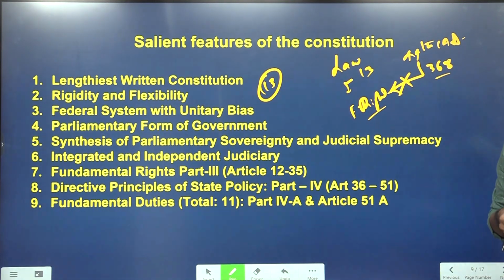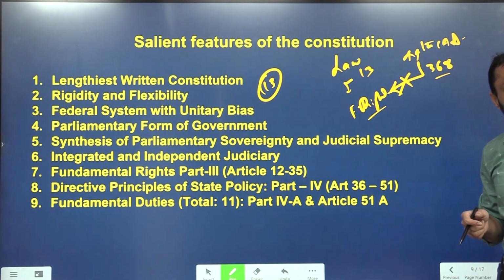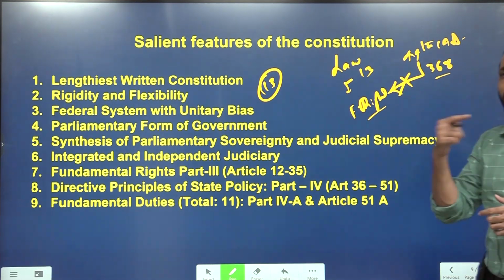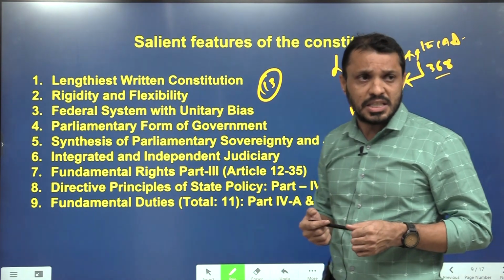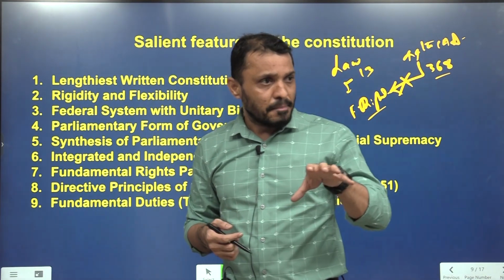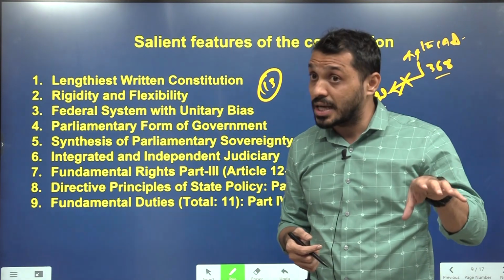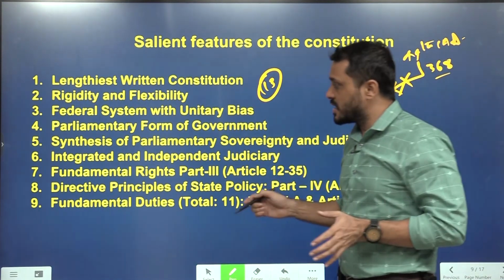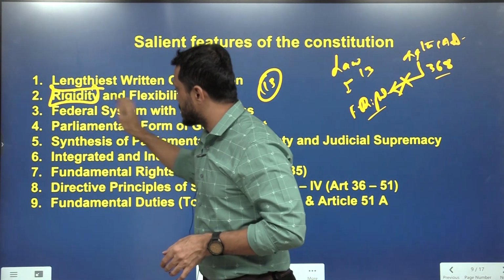Then in the Golaknath case, the Supreme Court gave clarity that Parliament cannot amend the fundamental rights. I will explain in the fundamental rights topic, I am just giving an overview. In the Golaknath case, the Supreme Court also said that Parliament can amend the fundamental rights only by forming a Constituent Assembly. Parliament alone cannot amend them. That was in 1967, which was overcome by the Keshavananda Bharati case. There the Supreme Court clarified that Parliament can amend the fundamental rights as long as it does not affect the basic structure. So there are certain rigid features in the Indian Constitution, and certain flexible features.